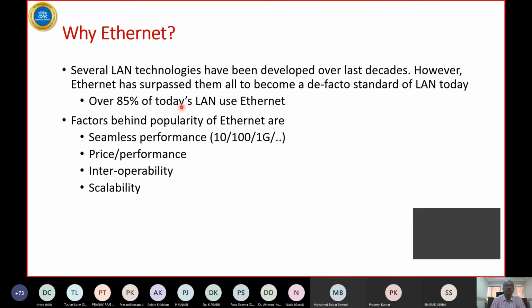But of course, for desktop, 1G is good. Even the cheapest thing today, you get printers with Ethernet. Every device that you can have being used in your office or home, you can have Ethernet built into it. And it is so pervasive, so popular, that anybody who makes a device, it easily operates, and the scalability is unmatched. You can add 100 nodes. If that takes away the capacity of the switch, add another 100, put a router. So theoretically you can scale it up as much as you want.